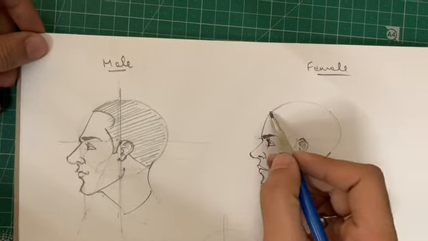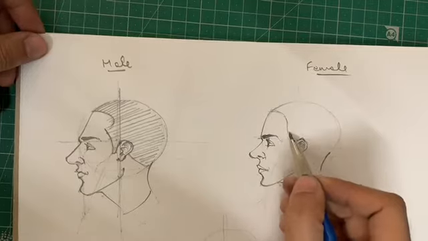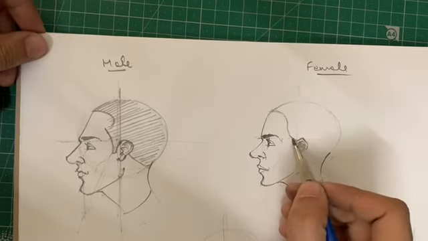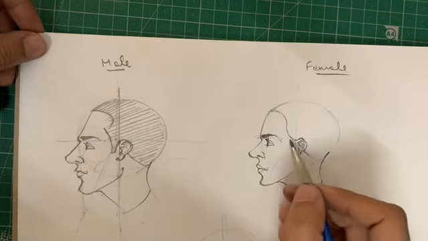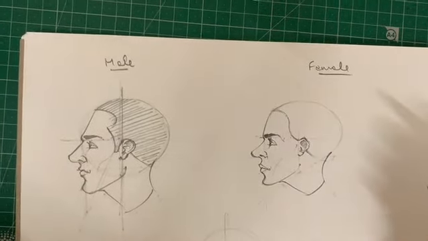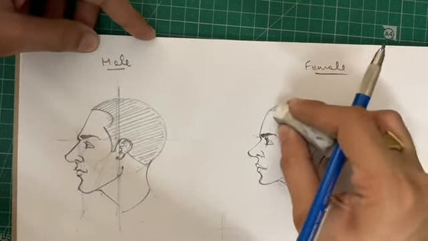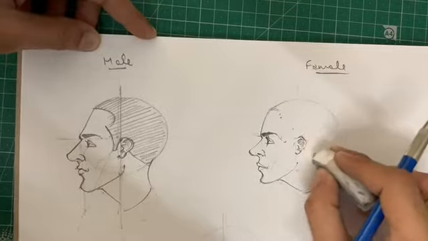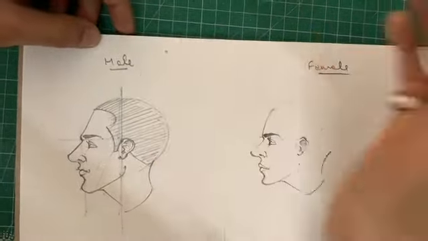For female, the hairline should be like this. It should go from the starting point of the ear because there will be no beard obviously. So this will be the hairline for female. What I'm going to do is make it a bit lighter so that we can make proper hair.